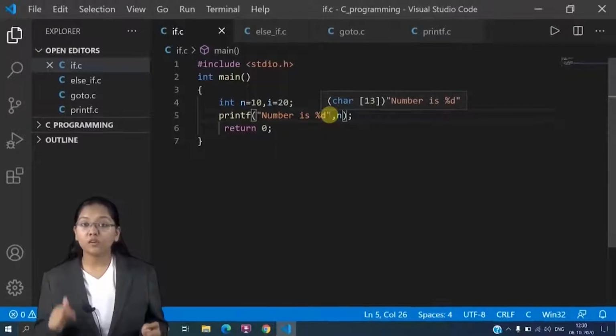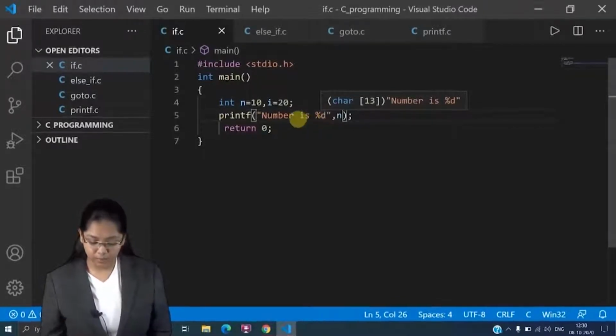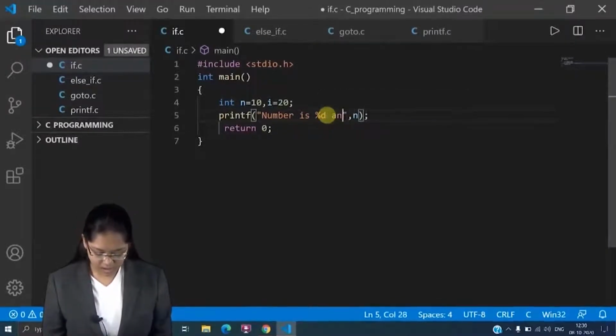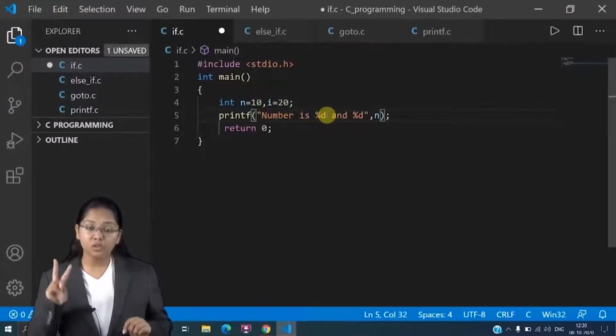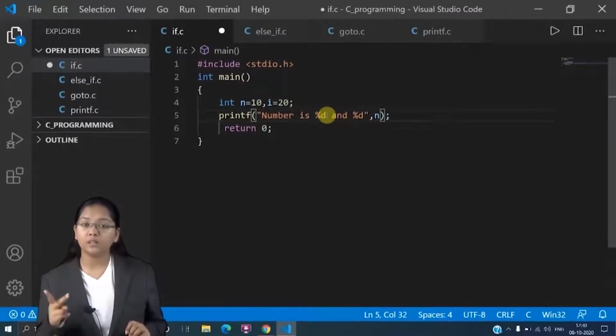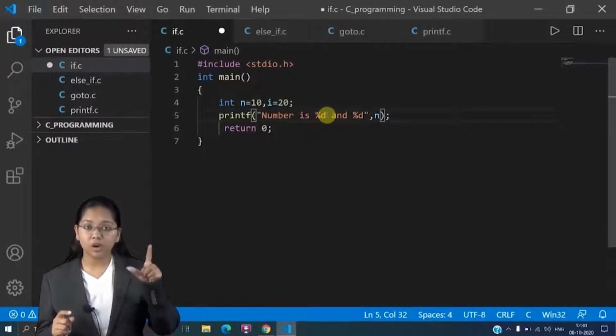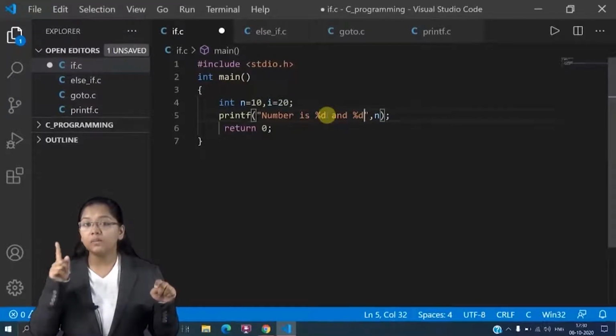Right? So what will my syntax be? Here %d and %d. Now I have used two %d, so I have to pass two variables for it. Firstly, in the first %d, what will be my variable value? That is the n variable value. And in the second %d, it will be i.